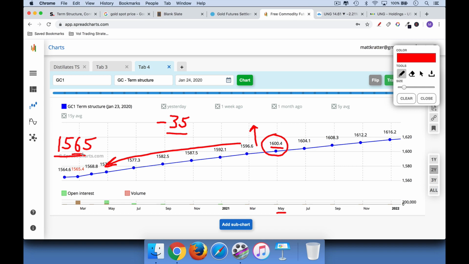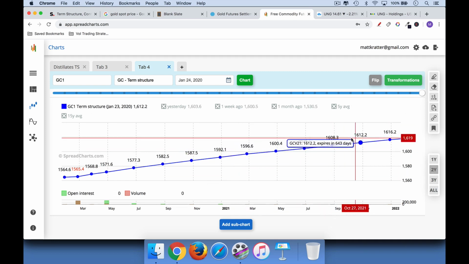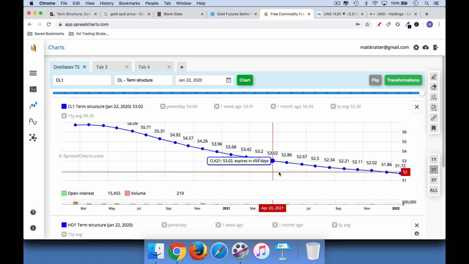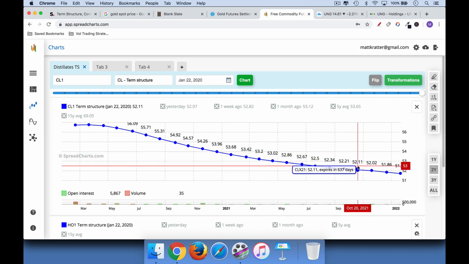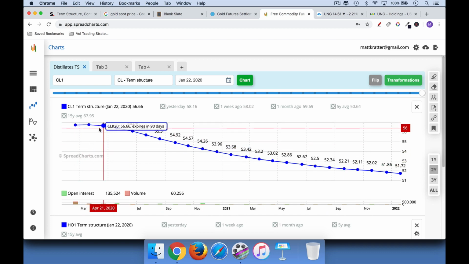And that cost shows up if you are holding various equity ETFs, or I should say commodity ETFs. So let me give you an example. But before I give you that example, let's look at our final example of a kind of weird term structure. So again, here is gold term structure. It's in Contango. It's upward sloping. Prices go up over time. Here's crude oil, which is normally in Contango, but right now it's in backwardation. It's downward sloping. Price of oil for delivery in 6 months, 1 year, 2 years from now is less than the spot price or the close-in futures contracts.